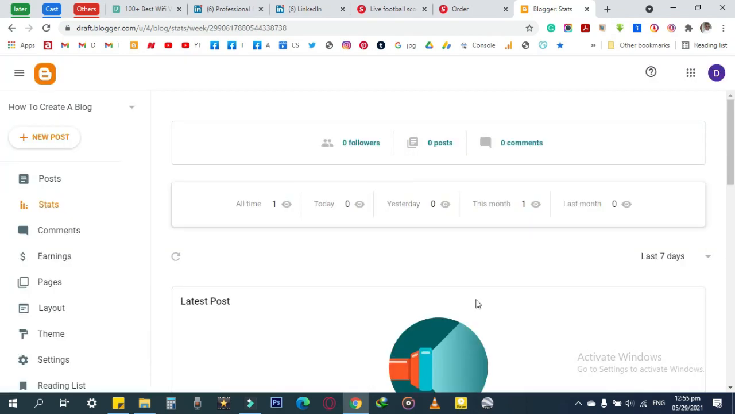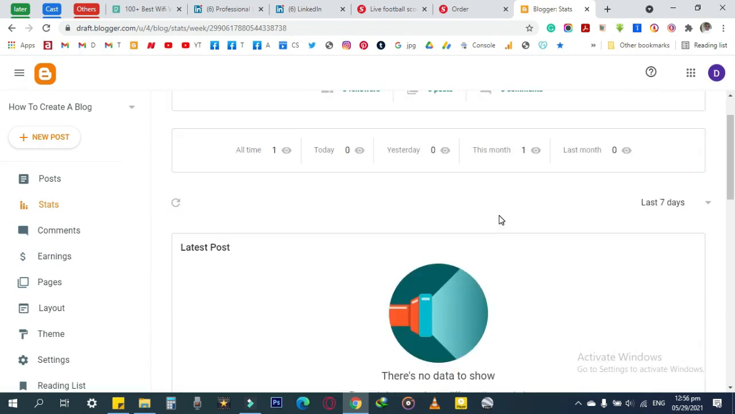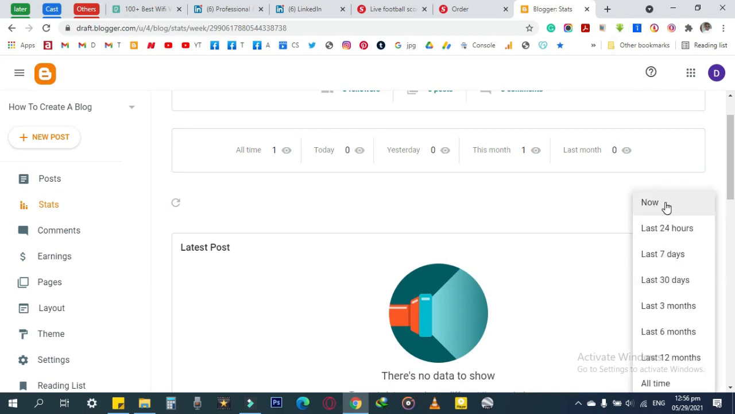In the statistics page, you are going to see the number of clicks or visits to your website. If you want to see the number of people who have visited your website in a week or in a month, there is an option here for you to select. So we have now, which is within an hour. We have last 24 hours as a day, 7 days, 30 days, 3 months, 6 months, 12 months, a year,